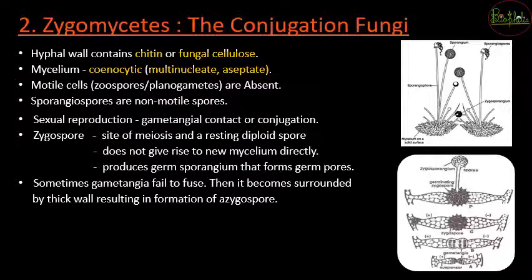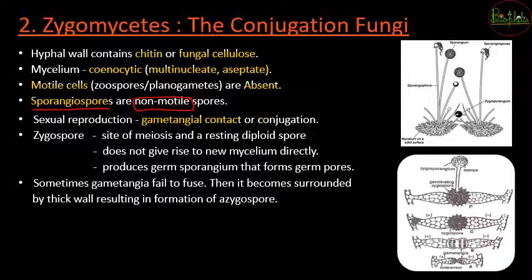अब motile structures जैसे zoospores हो गए या planogametes हो गए, motile cells जो है they are not going to be present in Zygomycetes groups. Instead of that they would have sporangiospores, और ये जो sporangiospores होते हैं they are going to be the non-motile spores of Zygomycetes. Sexual reproduction in Zygomycetes can occur with the help of gametangial contact, or it can be